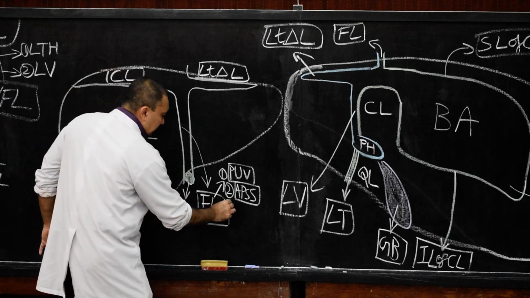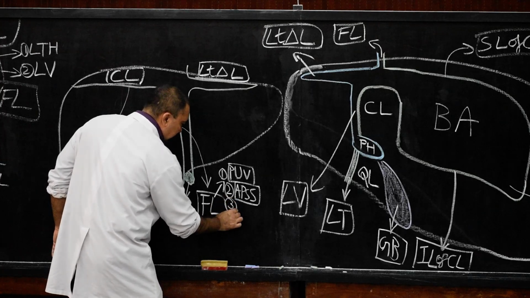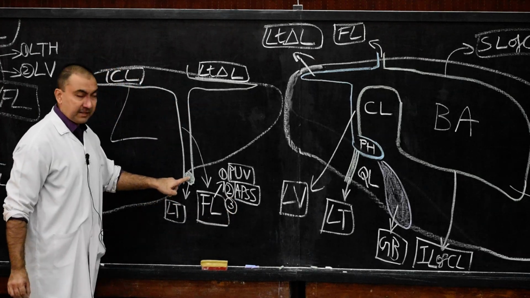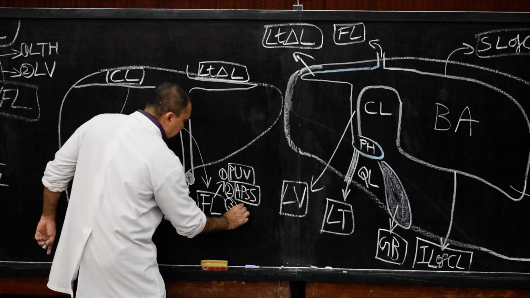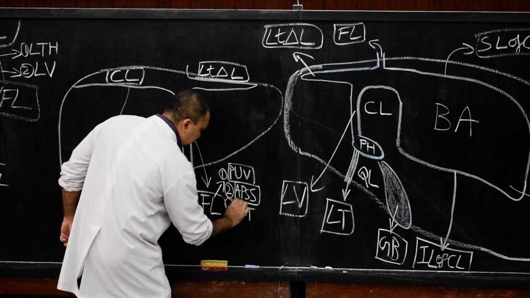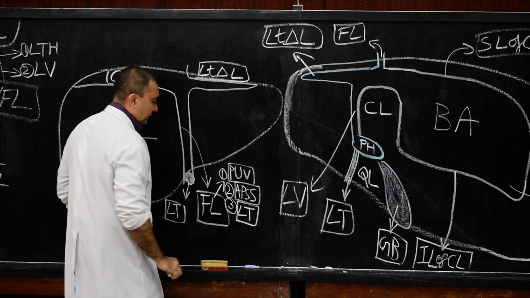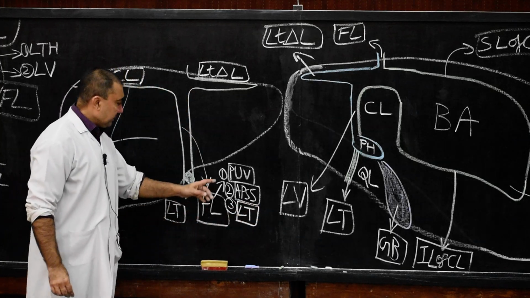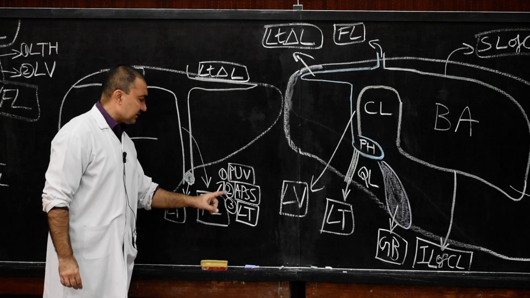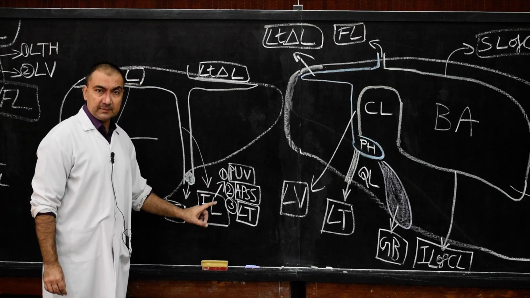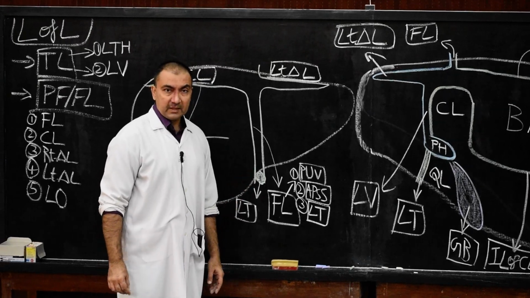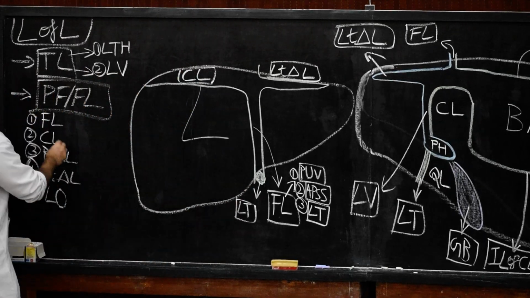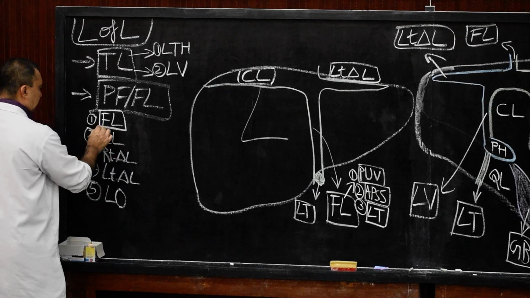And the third content of the falciform ligament is what you see here. Already we have marked the ligamentum teres. So the ligamentum teres will function as the third content of the falciform ligament. Remember, once again I repeat, these contents are asked in MCQs or one mark question answers. That much important it is. So the falciform ligament is over. Once again we come to this diagram. We have finished the falciform ligament.